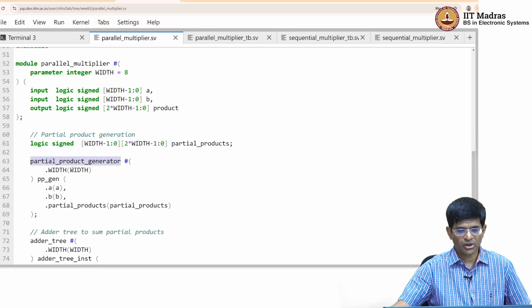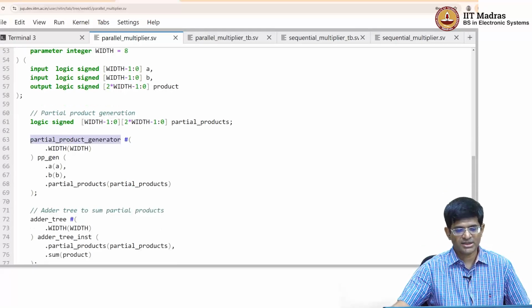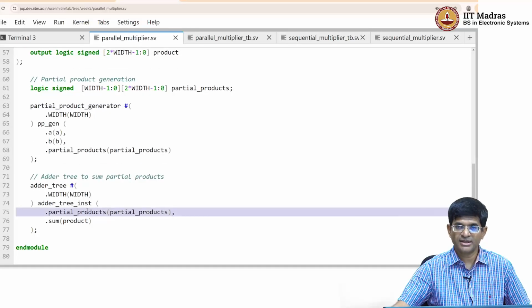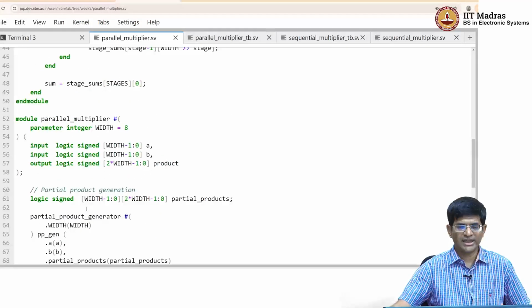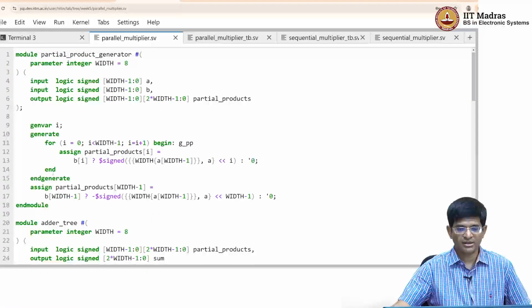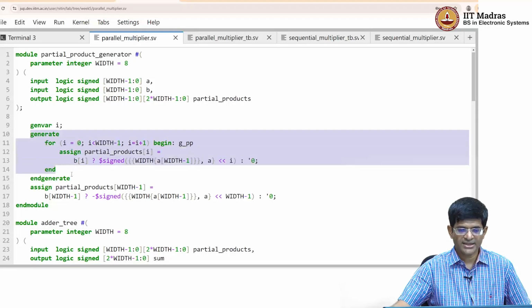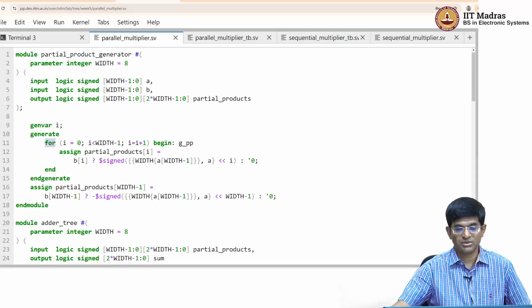So what we have is a partial product generator that generates partial products and an adder tree that generates the result. Let's very quickly look at what the code for the partial product generator looks like. Slightly different from what I had discussed in the slides. What I have used over here is a generate statement, where I have an assign inside a generate for loop. So effectively, at compilation time this will get fully unrolled into a set of, in this case, since width is equal to 8, different partial product assignment statements,